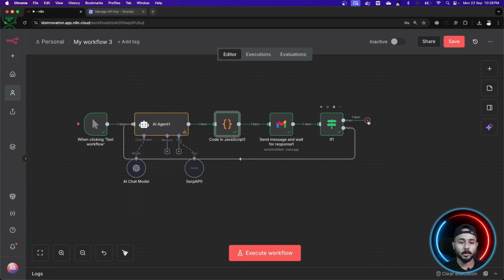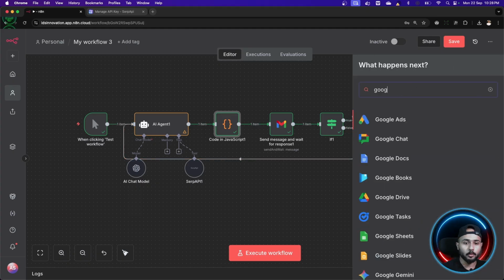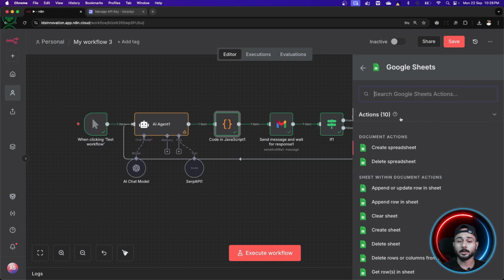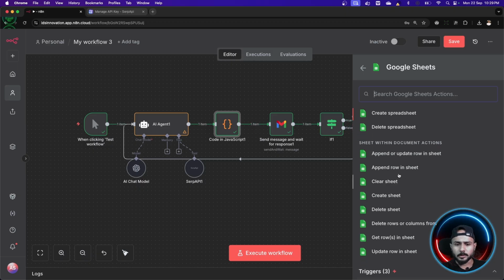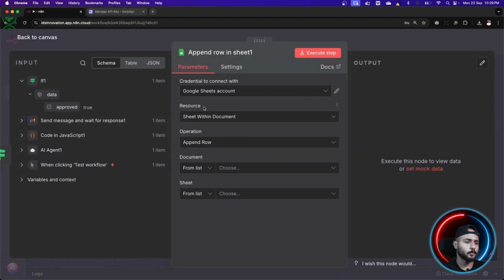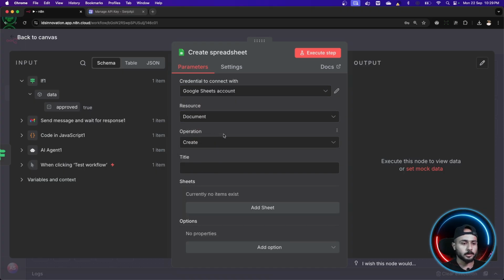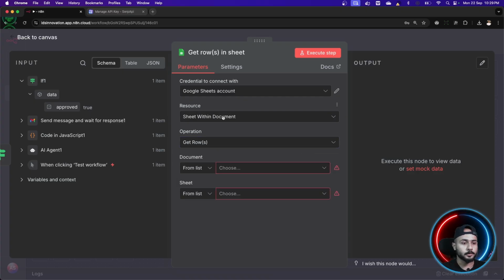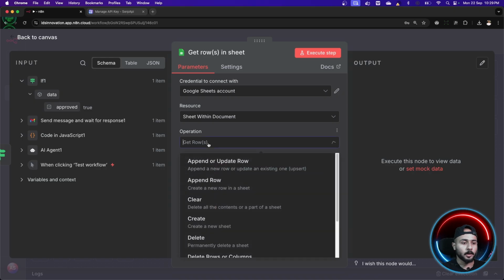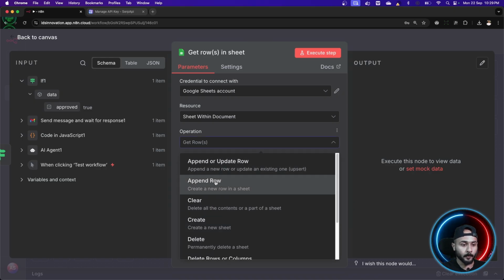Now, if it is true, then what? Simple, very simple. Let me just go to Google Sheets. Also, this Google Sheets node has been used in almost all our videos, from trigger node to AI agent node, all those 4 to 5 videos which I have already covered. I guess I have used this one node in all the videos. Anyhow, what I want is append row in sheet. That's the operation I want to perform. And again, I have this thing connected. Resource, I think document, not sheet with document. Operation create, not a problem. Sorry, I chose the wrong option. It should remain sheet with document, and instead of get rows, it should be append row.